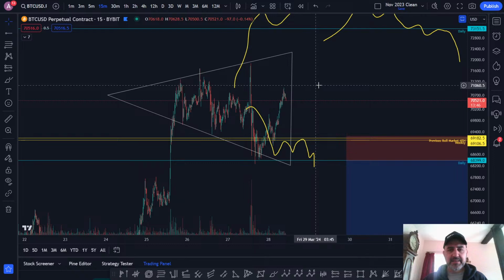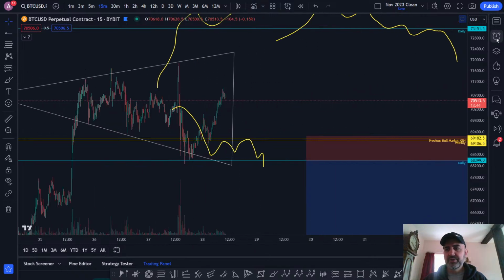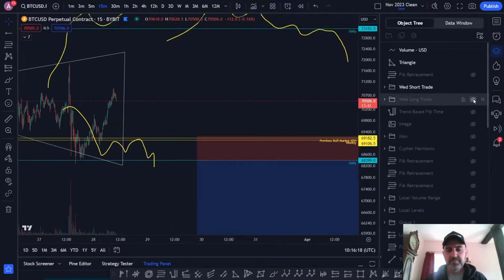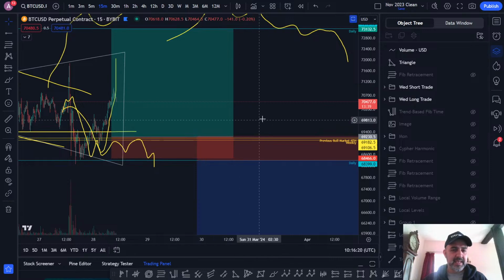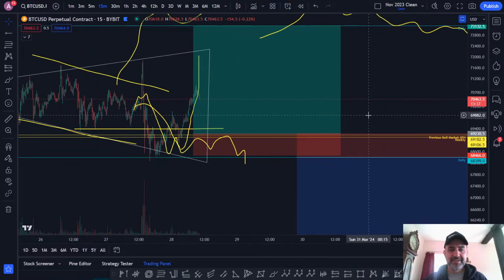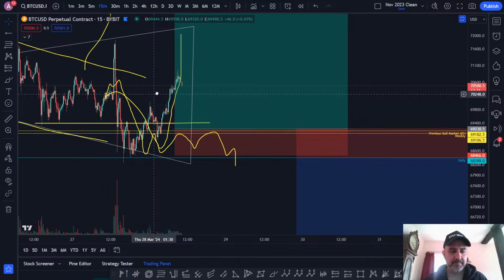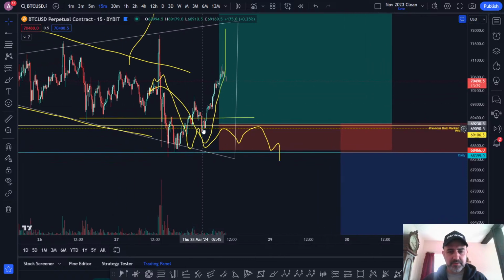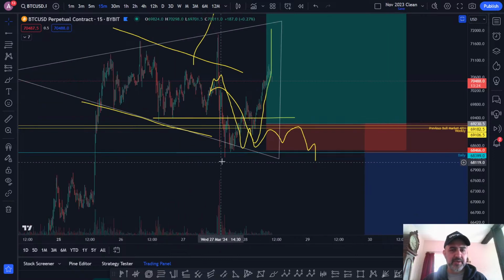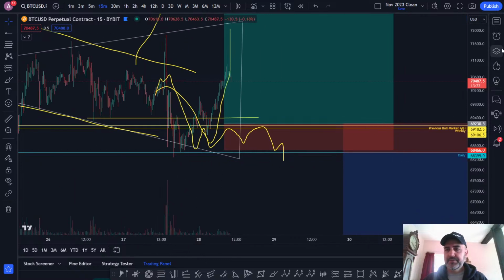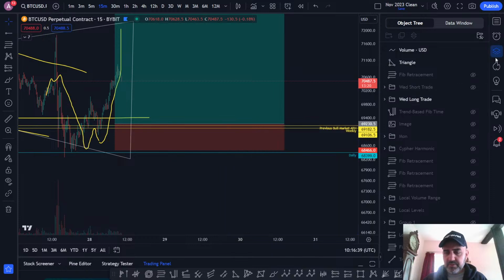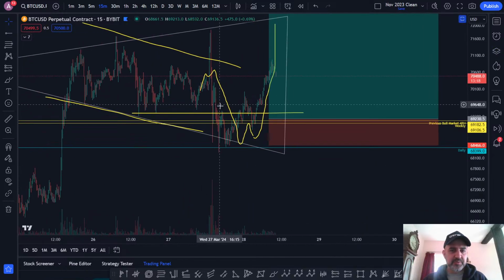Okay, and I said that that was actually a very bullish pattern, hence the long. So I took a long as it came back up, and my invalidation was underneath this low here. So let me hide the short now. As I saw the price come underneath it, I just waited.